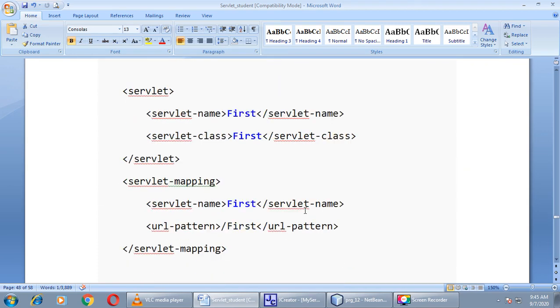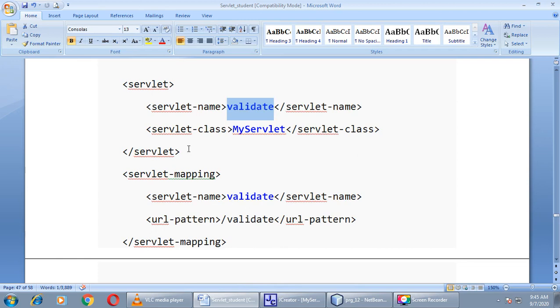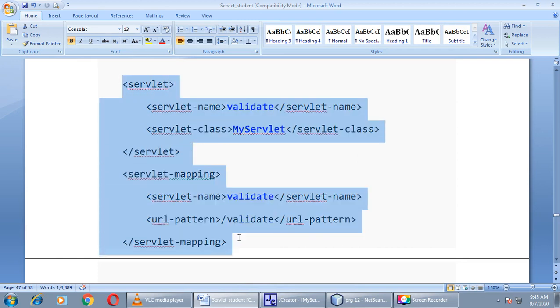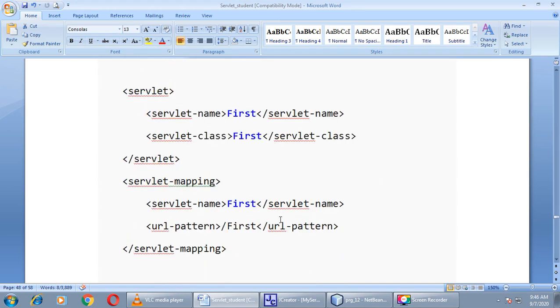Then here we are going to define more than one servlet in a single file, right? So we will provide the same tags for the second servlet also, exactly below the first servlet mapping. Here you can see the mapping of the first servlet is over. The same code we will repeat in the same file exactly below this code. Okay, practically we will see this, so don't panic. Take another servlet. The name of this class is First. Servlet name is also First.